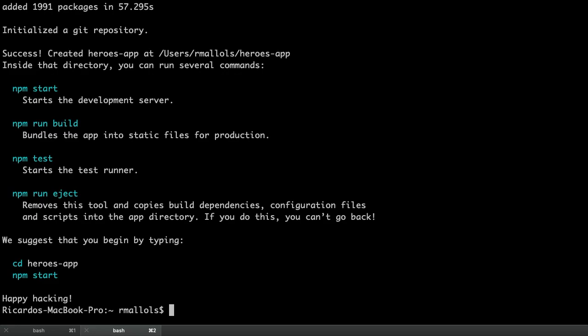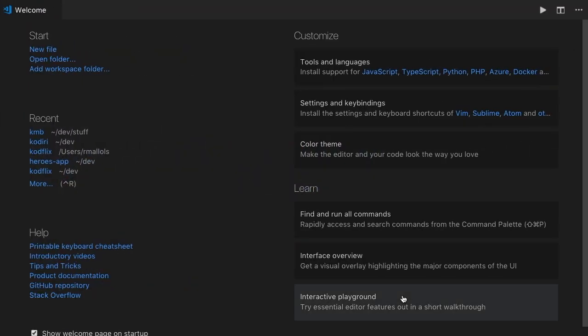So, assuming that you got your Heroes app, or however you call the amazing project, already created, the next step is to open the project with Visual Studio. Remember, Visual Studio Code, please don't confuse it with classic Visual Studio. Visual Studio is a very old tool, but now you got VS Code, right? Which is a new version of Visual Studio, lightweight, very fast, very reliable, and all these things, right? So please open Visual Studio Code,